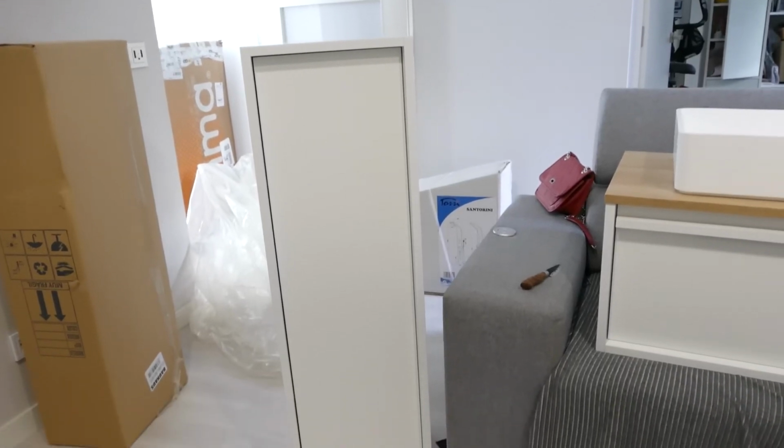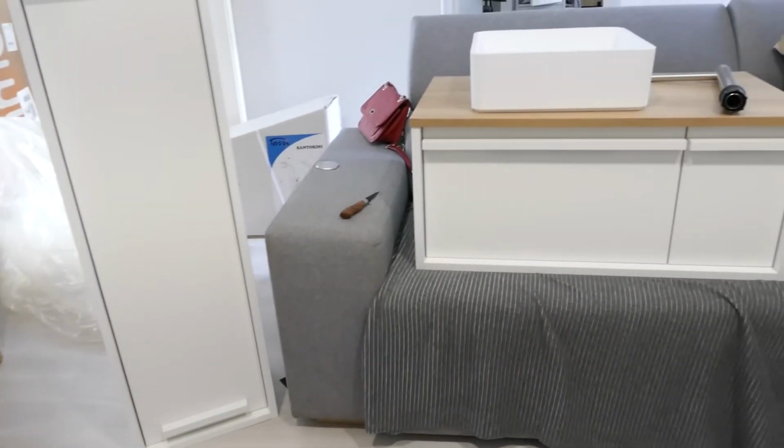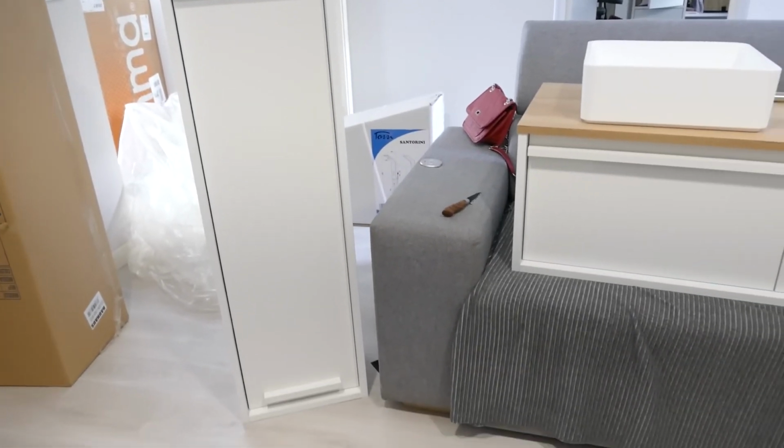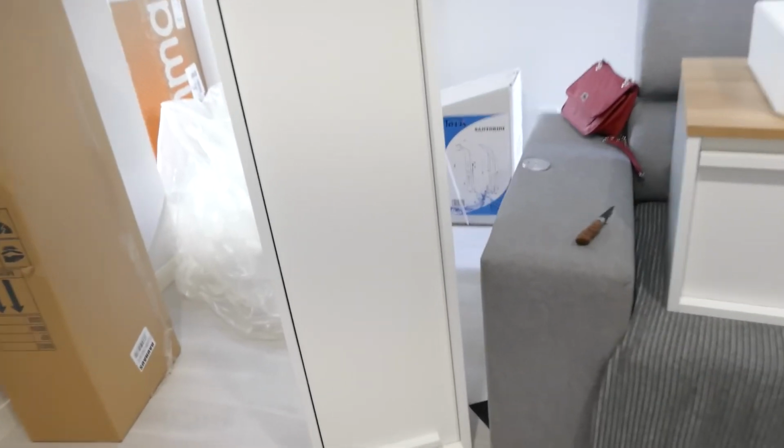It's the drawer unit that matches the cabinet. If you notice, it's the same handle and everything, also the same color, and it follows the same style as the cabinet. So we're going to use this to put our things inside. It has several shelves and...